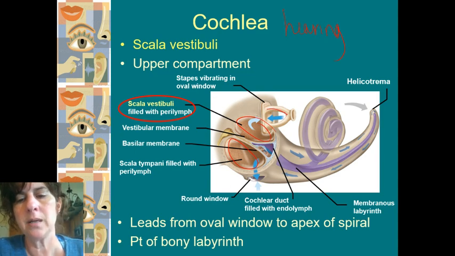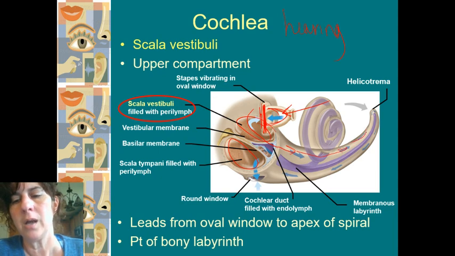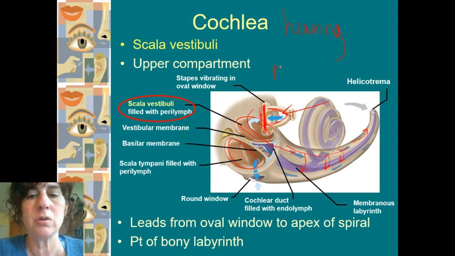Sound waves, here's my stapes, right? Here's the oval window. Sound waves, or the vibrations, come in here and stimulate the oval window, and it's going to send vibrations down this long tube. At some point, as these vibrations in this fluid go down this long tube, they're going to have to cross this purple membrane right here. That's the membranous labyrinth. And when they cross, that's what we call pitch.